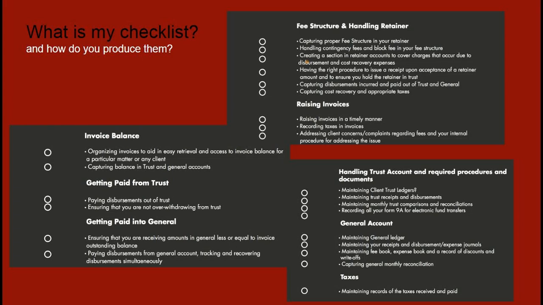So once you've generated the invoice in time, the next step is ensuring that you're getting paid on time. If you've got a retainer involved, it's far easier because the ball is in your court to move the money from trust to general. But if this is purely general, then based on the days of sale you've agreed upon, you will reach out to your client to ensure you get paid on time. As and when you get paid, you have to make sure those payment records are recorded in the system as well.